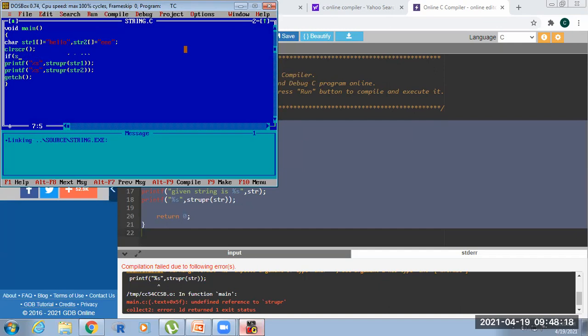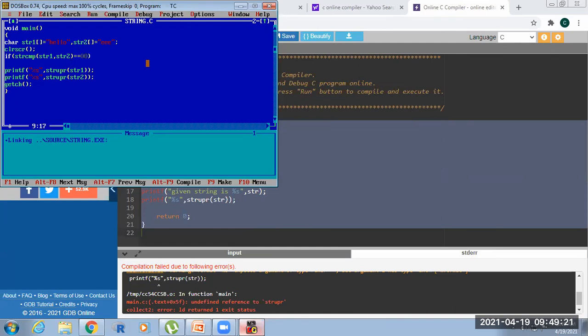How to compare both strings: strcmp of str1 comma str2 equal to 0, then both strings are equal.